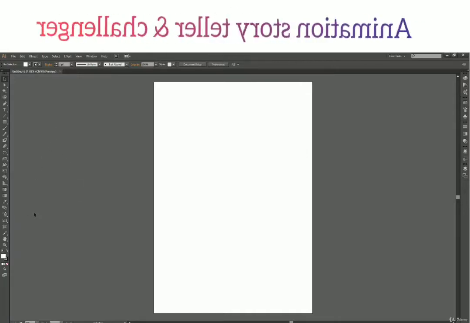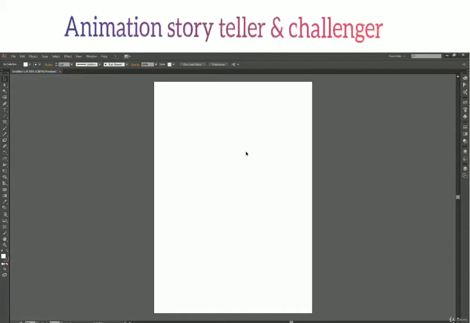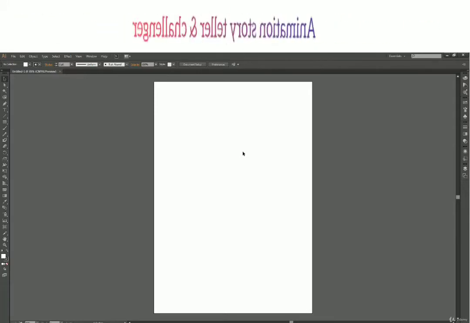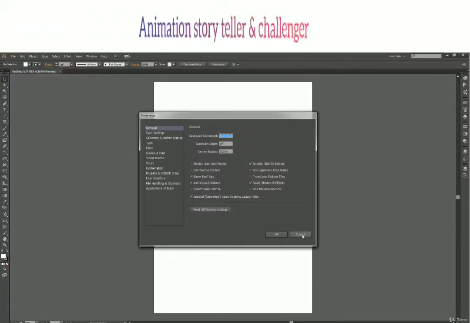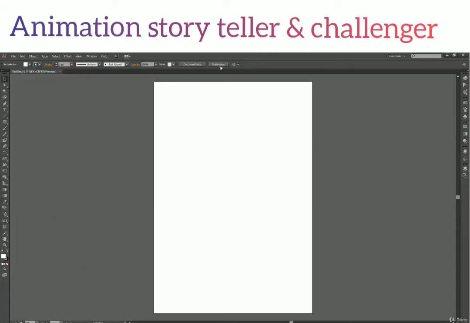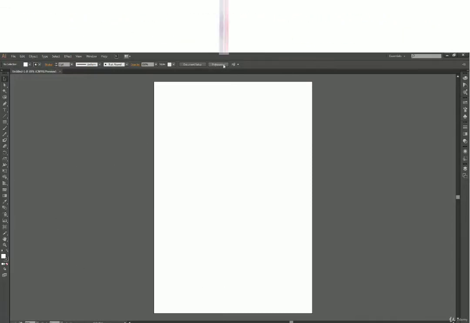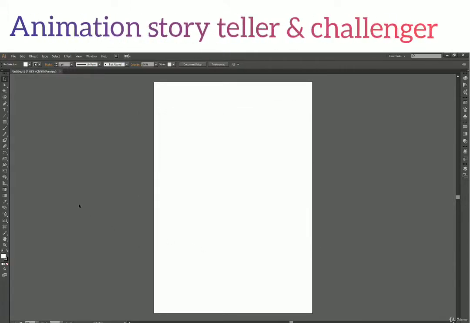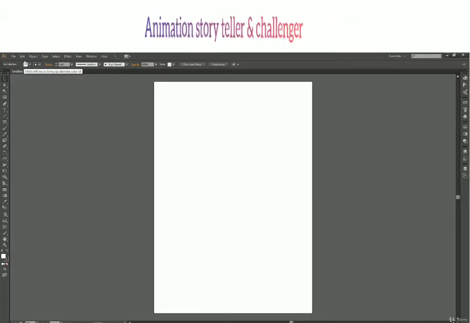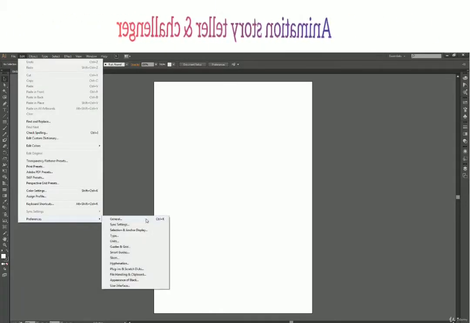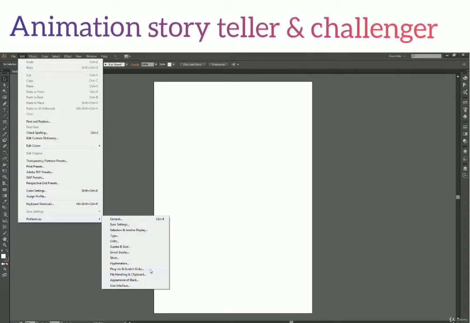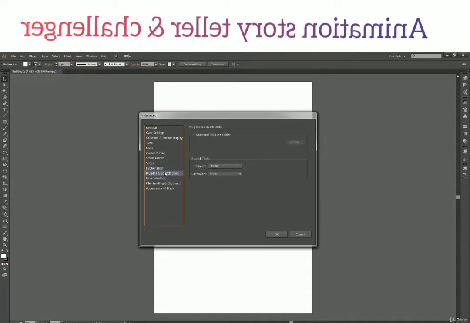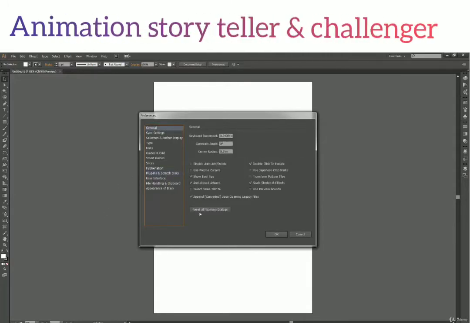So there are 3 ways to open preferences. One is the shortcut key on keyboard, which is Control K. So you can press Control K on keyboard and you get your preference window. Or there is a button over here. So you can either click over here and it will open the preference window. And if you want to open it from the menu bar, you can go to Edit, Preferences and click on General or any of them. It will open the same window. The only difference is from here you get this preference selected already, otherwise we directly jump to General.